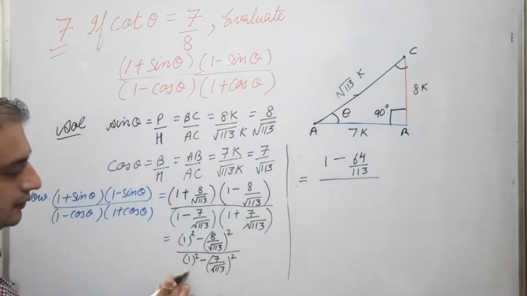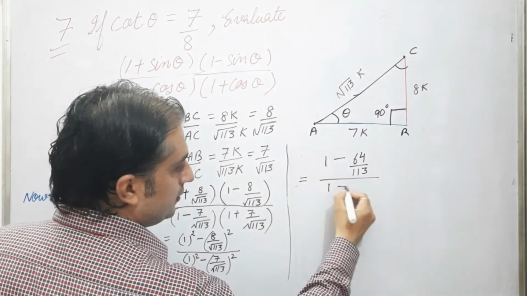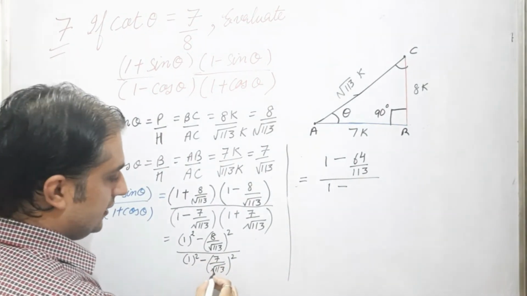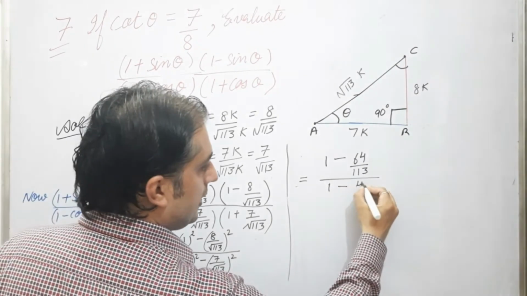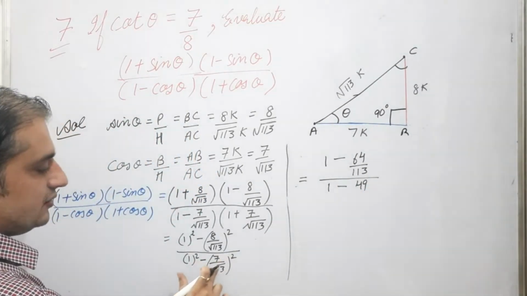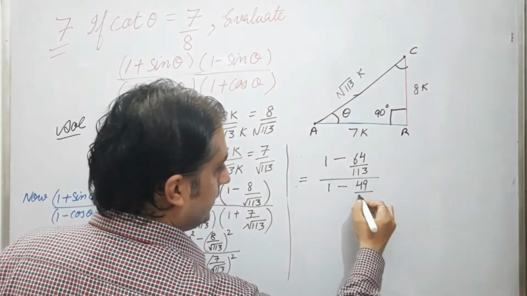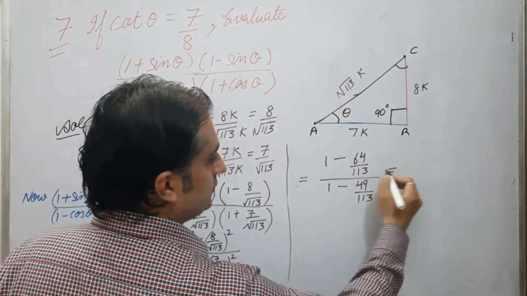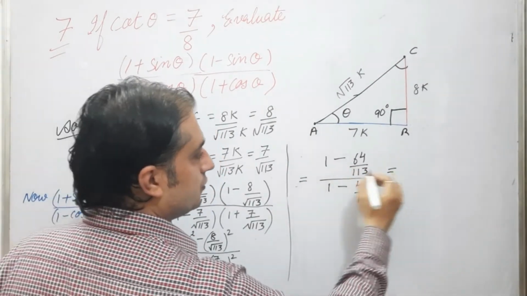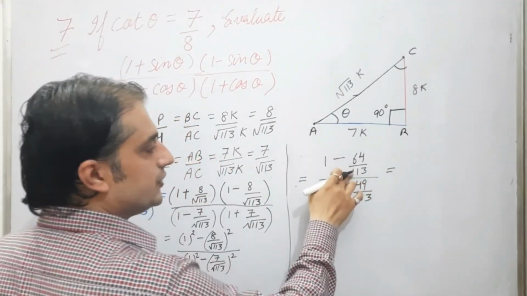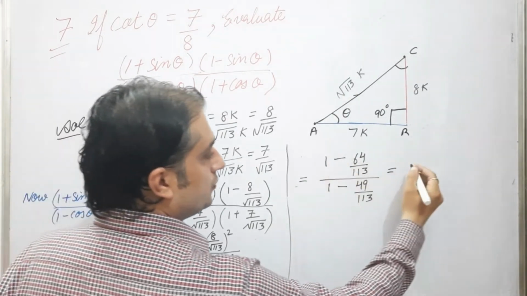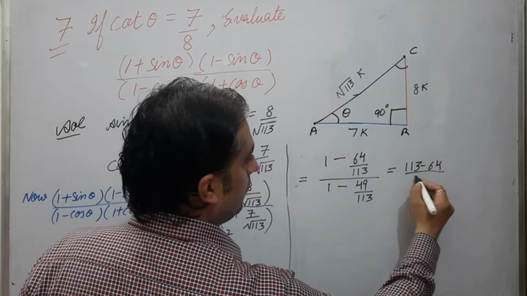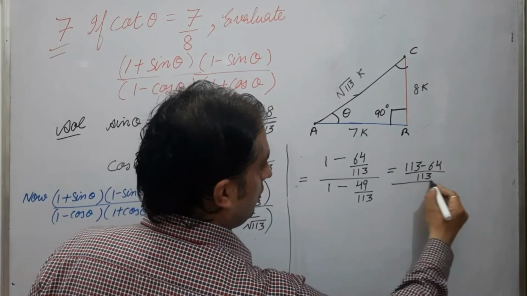Now in the denominator part, (a by b) whole square is a square by b square. So here 7 square is 49 and the square and root cancel out, so it will become 49 upon 13. Right. Solve it by taking LCM. So the LCM is 13 for this numerator. So it will become (13 minus 64) upon 13 over